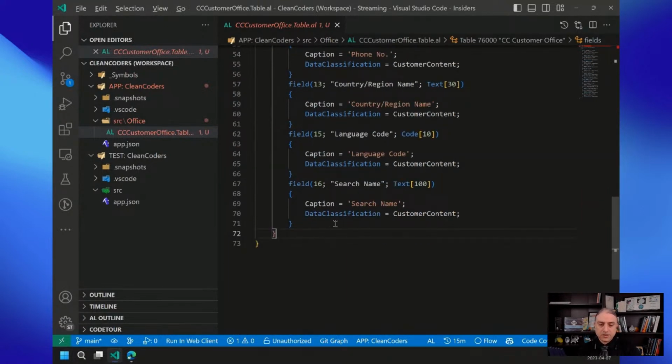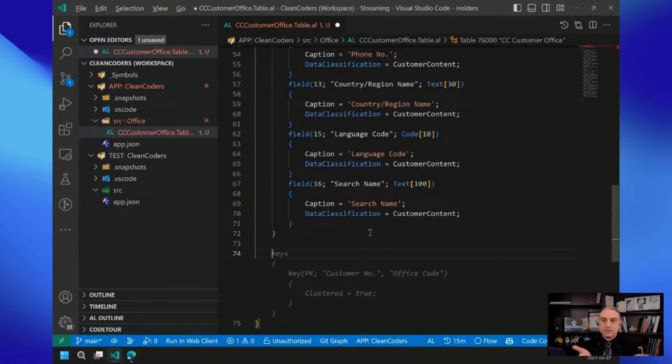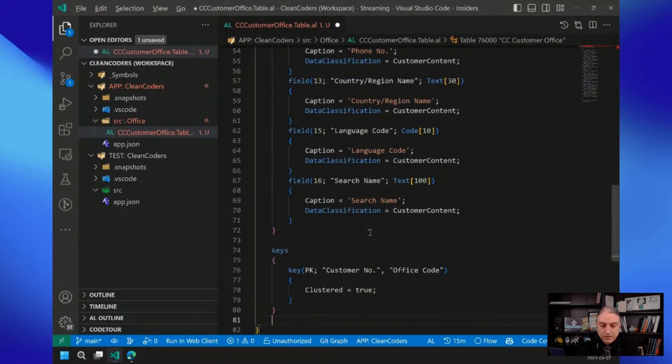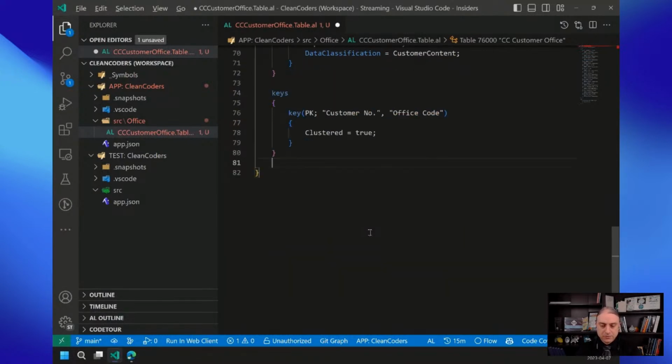And so now we've got the beginning part of a useful table. We've got fields. We hit that text limit. So at the bottom here, it didn't suggest the next thing that would be perfectly logical for it to suggest, which would be keys. And it detected that I'm now wrapping up the field section, and it says, you know what? It looks an awful lot like this should be a customer number, office code primary key. Yep, it should be. So thanks for that. And then if we go on down to the next step,